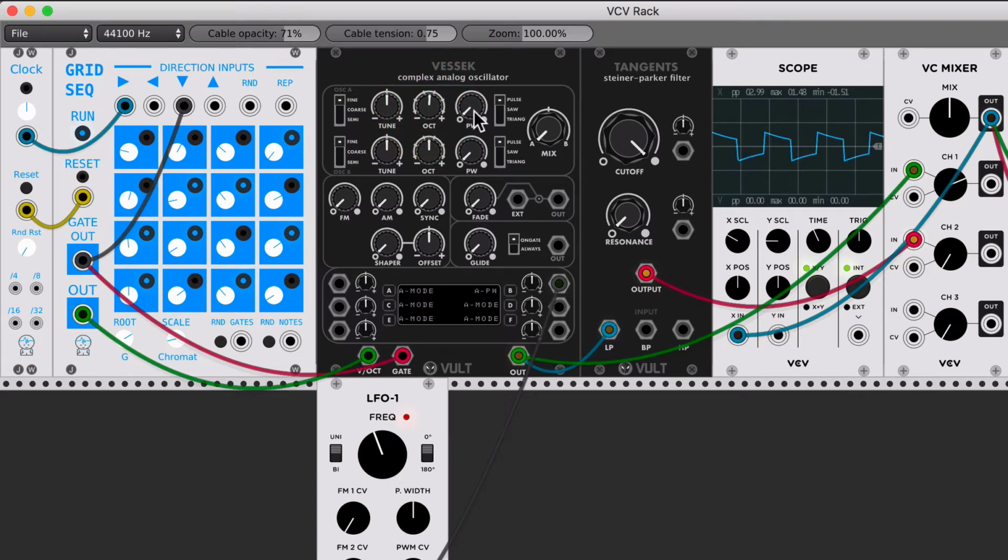And then you have the pulse width control. And you have three different waveforms. The pulse, the saw, which also has pulse width control, well, the equivalent of that in a saw wave. And you also have a triangle, which right now doesn't look much like a triangle, but